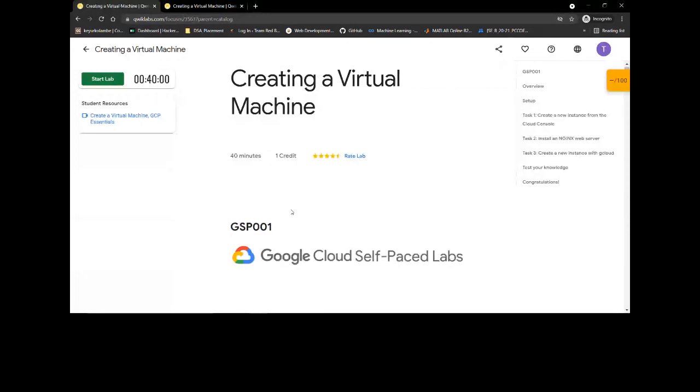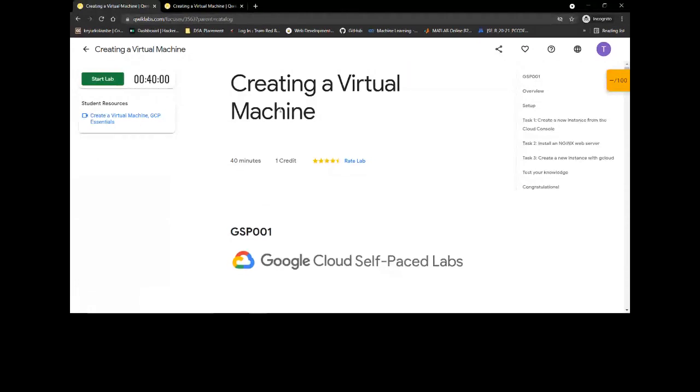So today in this lab, we are going to study how we can actually make a virtual machine on the Google Cloud platform. So first of all, I would like to tell you that before starting any lab, make sure you are starting it in an incognito window, because it is really necessary so that you join the Google Cloud console using the virtual credentials provided by Quick Labs. By mistake, if you join the Google Cloud platform using your personal account, there are chances that you will get a long bill in your mail. So please be careful that you start the labs in an incognito window only.